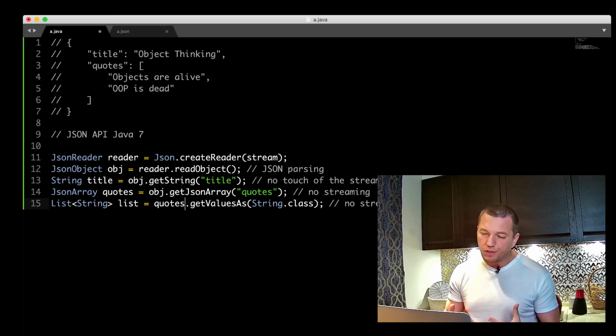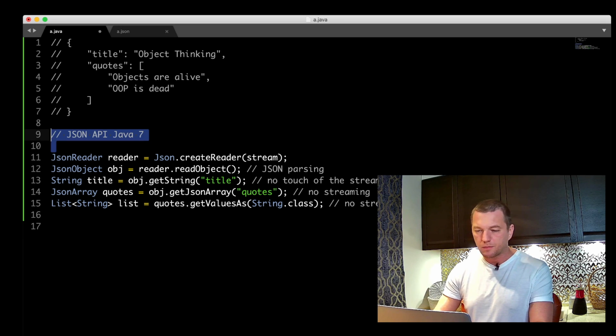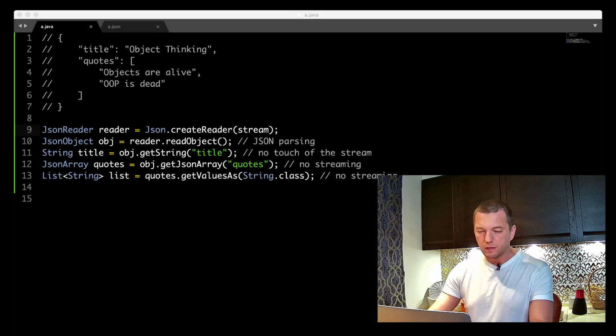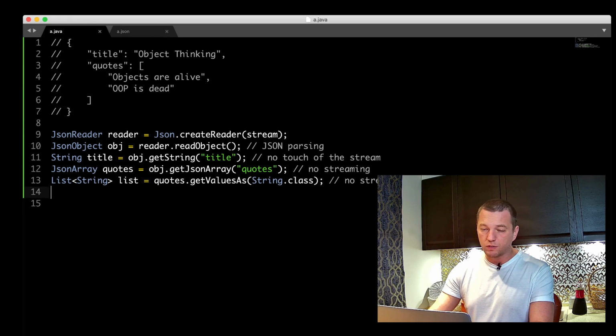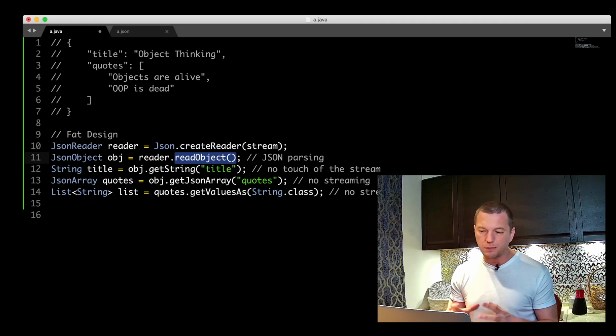The beauty of this, well, maybe I can give you first the alternative design, then we discuss the difference. So let's take a look how it can be done in an alternative way. What this one is called, I would call it fat design. It's fat because this class is pretty large. So this method, read object, is pretty fat. It's pretty big. It takes everything, it reads everything, it stores everything, and then